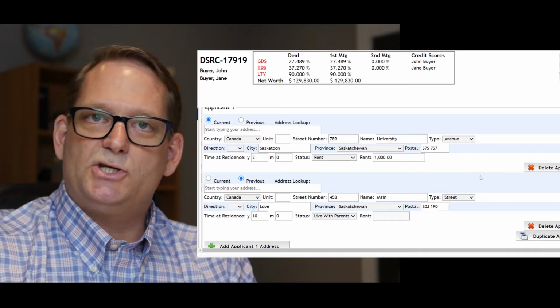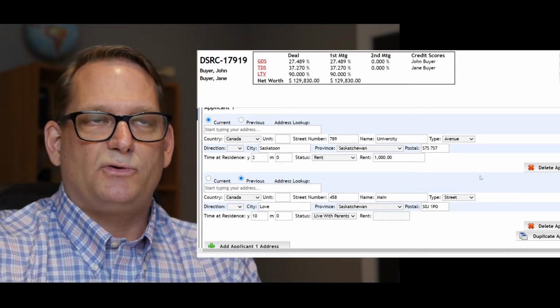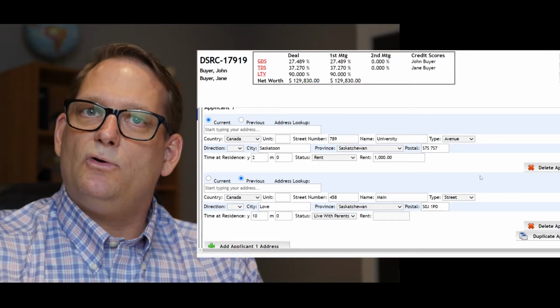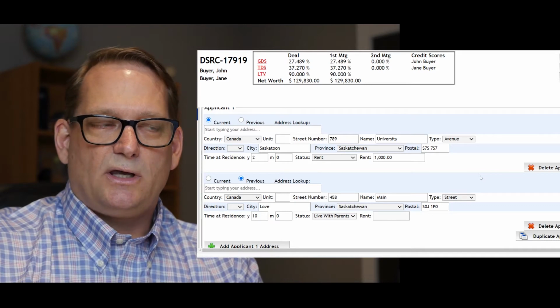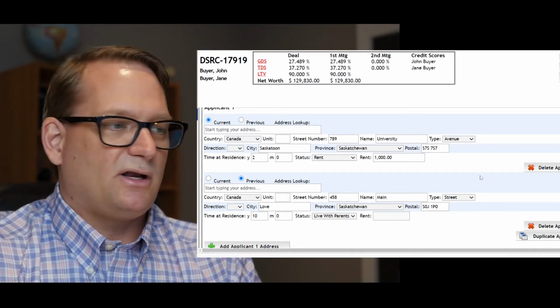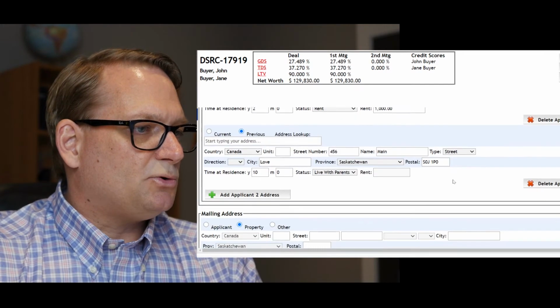Sometimes when we get applications from people who move around a lot, so if you're a year here, a year there, this ends up being a little bit arduous. So make sure you've got a full 3-year history of where you've lived, and if you've moved home or something like that, we do need to have all that pertinent information. So let's go through this here.